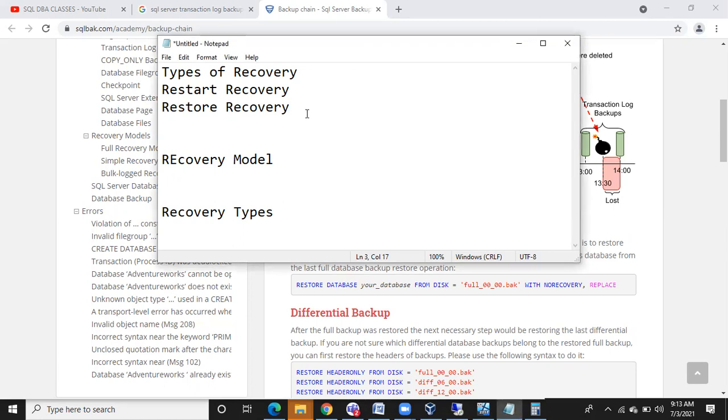Okay, so we have types of recovery: restart recovery and restore recovery. What is this restart recovery, restore recovery? Recovery means how the database is recovering. For example, you just restarted your SQL server. So once you restarted your SQL server,